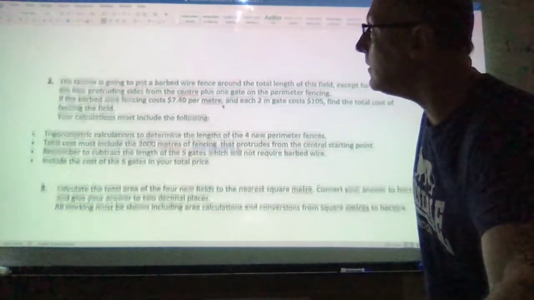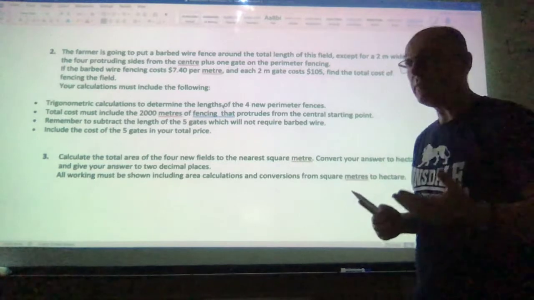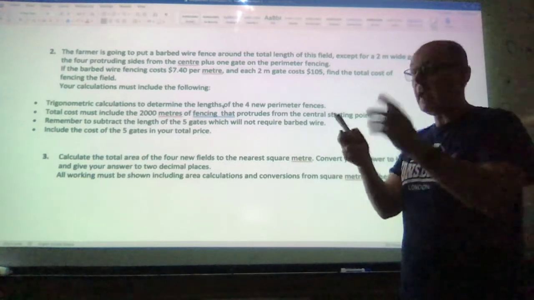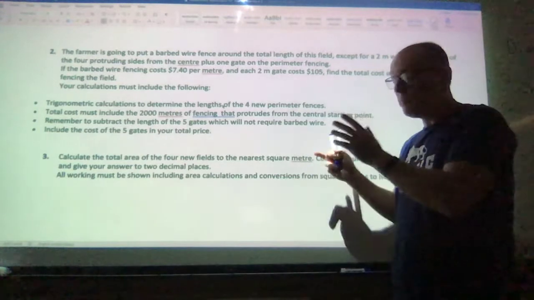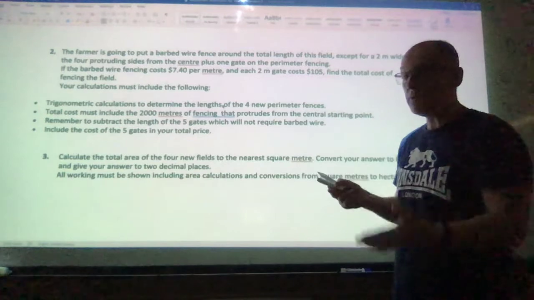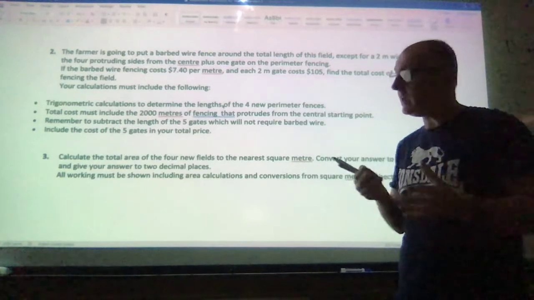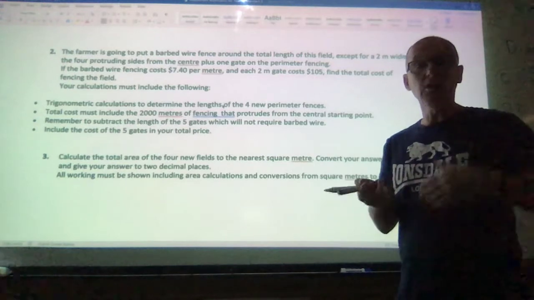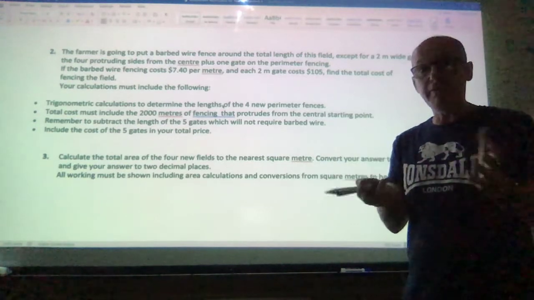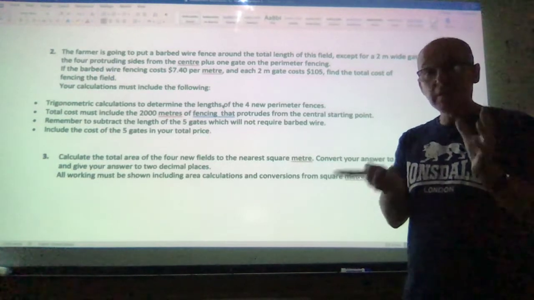Okay, so after you've done question 1, you can go down to question 2. Before I go on, just a reminder that although you should have all different lengths to your friends and different radial bearings to your friends, most of your answers from questions 1 through to 9 should be fairly similar to each other. So if you're trying to check, am I on the right track? You can ask your friends the answers they got, the work they did,